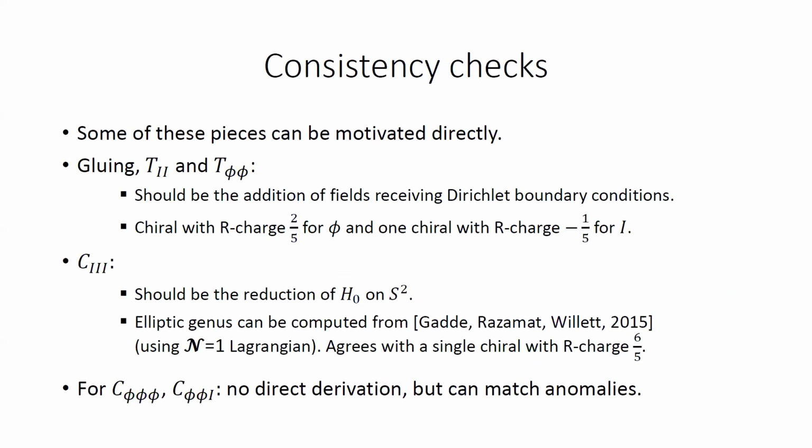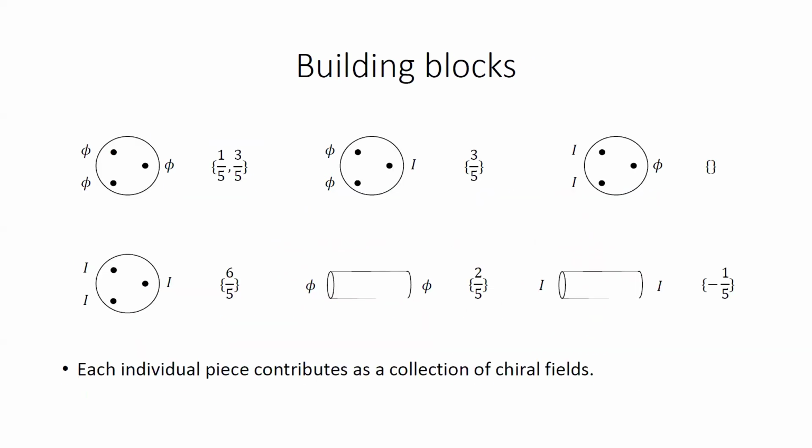Right? I mentioned that due to the description of the boundary condition, the gluing should be done by reintroducing the field that received the Dirichlet boundary condition. And as you've seen before, for the phi puncture, you give Dirichlet to the field with charge 2/5, and for the identity, the chiral field with charge 1/5. And these are exactly what you get. One chiral with charge 2/5 for these two, and the other one from the -1/5 when you go to the identity puncture. Now, this theory considers that you have three identity punctures, so you can figure out just the reduction of